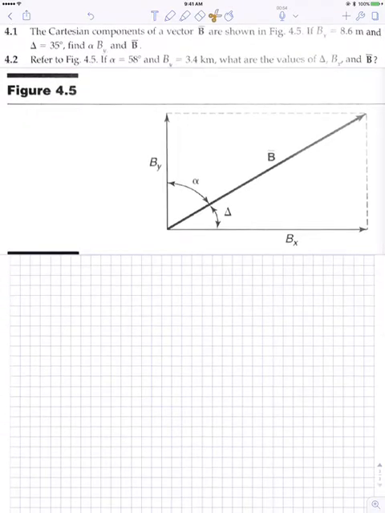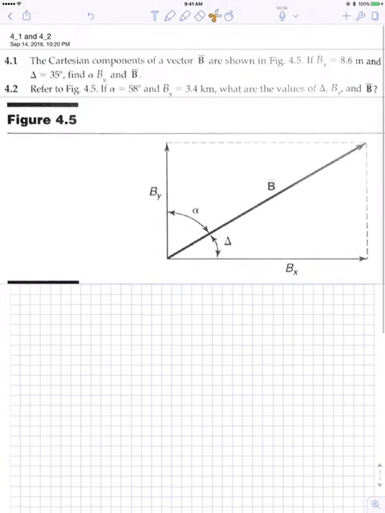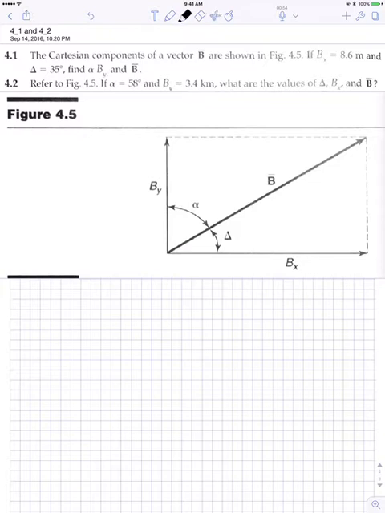Okay, here's a video solution to problems 4.1 and 4.2. So if we look here in problem 4.1, we're given several things. We know that Bx, the x component down here, is 8.6 meters. Okay, so 8.6 here. And then we know that the angle delta is 35 degrees. And we know that we want to find alpha